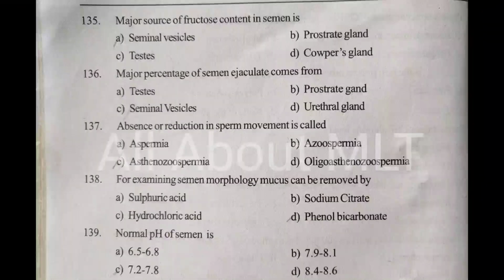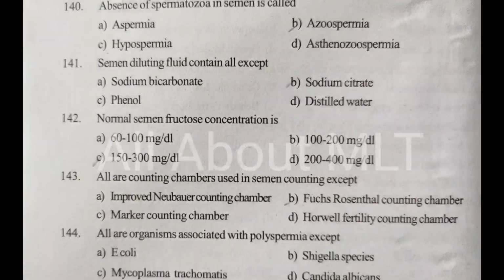Normal pH of semen is: option A, 6.5 to 6.8; option B, 7.9 to 8.1; option C, 7.2 to 7.8; option D, 8.4 to 8.6. And the answer is option C, 7.2 to 7.8. Absence of spermatozoa in semen is called: option A, aspermia; option B, azoospermia; option C, hypospermia; option D, asthenozoospermia. And the answer is option B, azoospermia. Semen diluting fluid contains all except